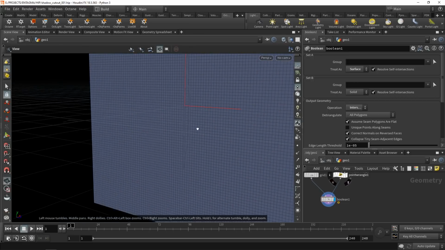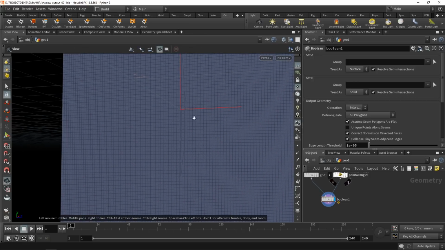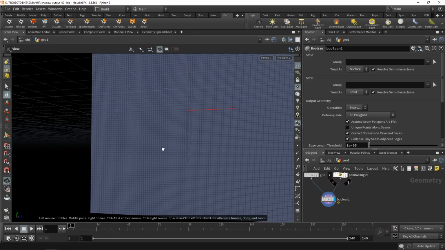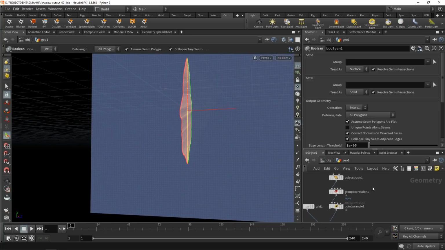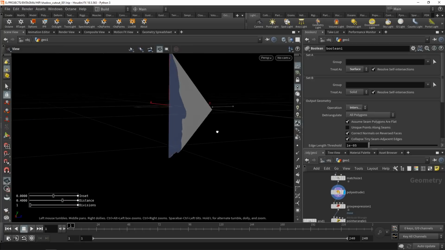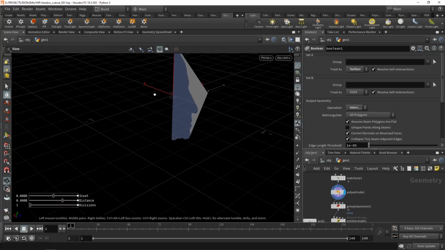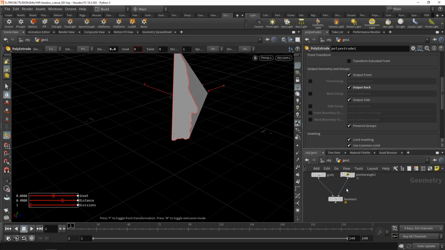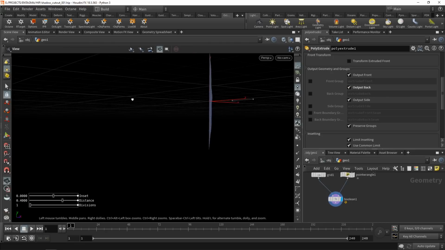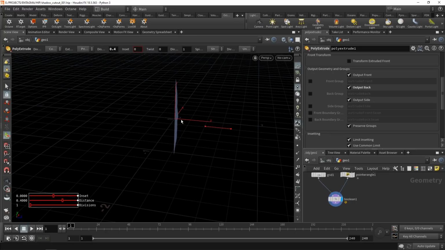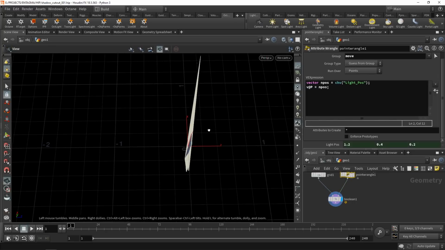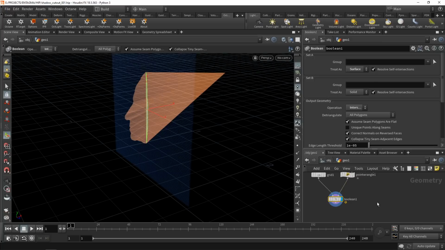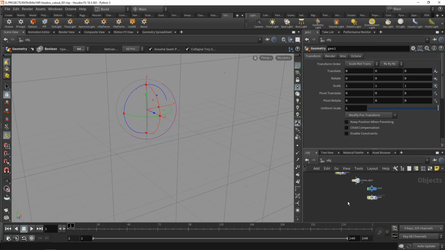We are getting some intersection in here, but it's clearly not what we expected because on the outside, this plane still exists. And for that to work properly, we have to make sure that in our poly extrude, this face here, the backside, is closed, which it currently isn't. So on my poly extrude, let's check output back and then go back to my Boolean here. And now we can see we cut out this thin strip from my grid and from that weird geometry that I fed in here. So let's take this, go up one level, re-enable that grid I put down there,